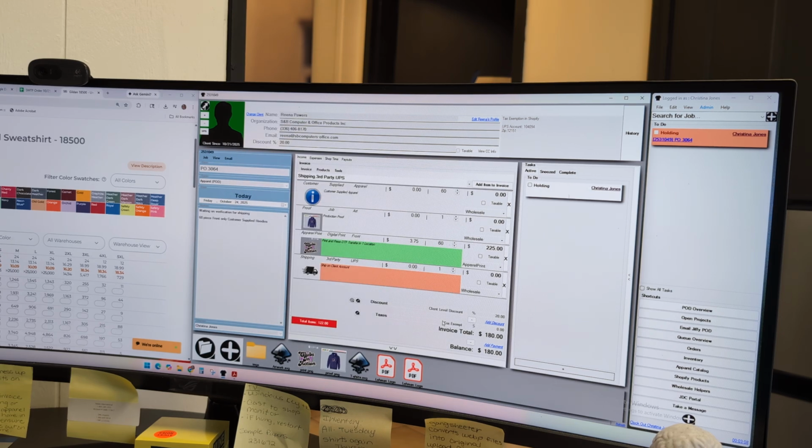And then again, just to review the high point here. So we're building this invoice out the way we've traditionally done it, but with a few added steps. And the reason those added steps are in there is to ensure that this job rolls through production once it's approved in the same way these guys are used to receiving their orders, keeping us from having any miscommunications or oh I thoughts or I didn't knows or whatever the case may be. So we're good to go there. You can invoice save, and then it just